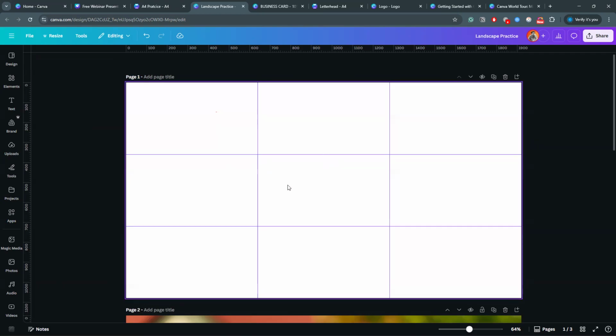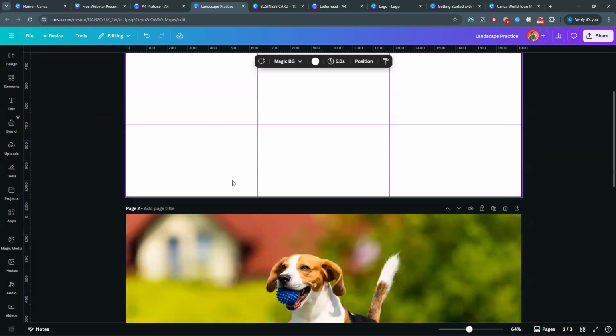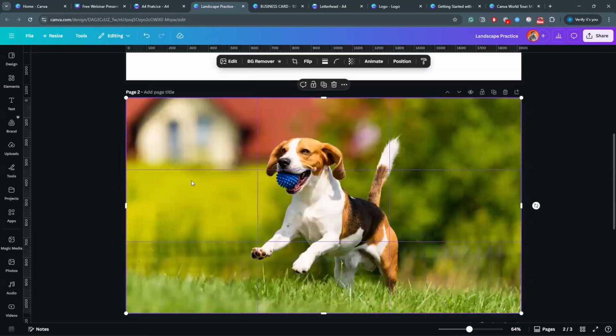As I said, the main purpose of the rule of thirds grid is to place our subject here or here or here or here. And by using it, you can create actually cinematic things, right? See, this one is center aligned, the main subject is in the center. Let's suppose I'm placing this subject here in the rule of thirds.